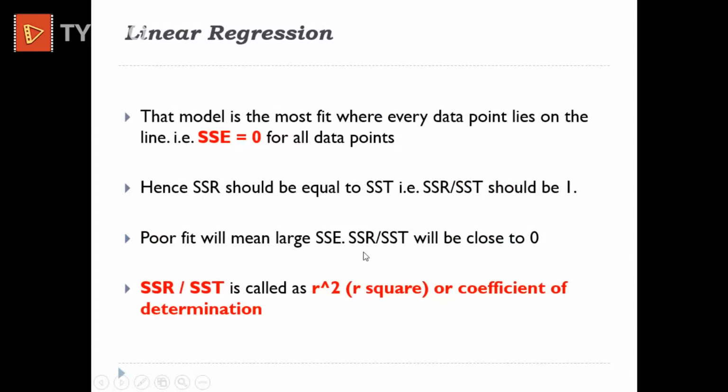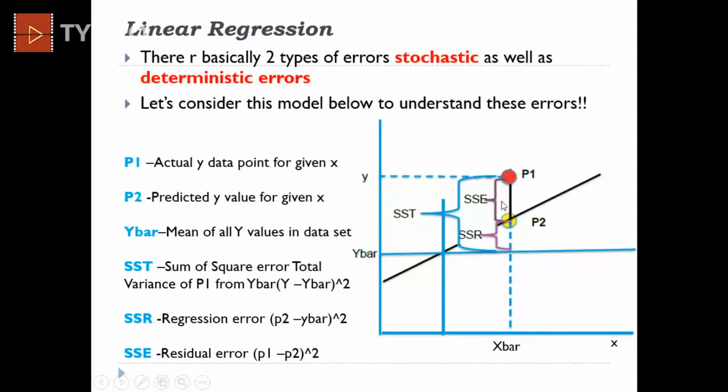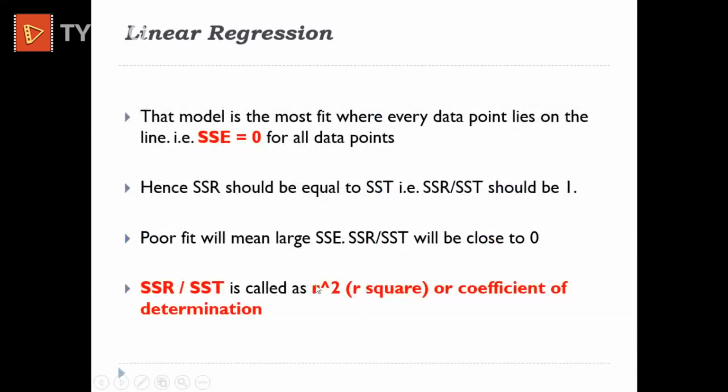And poor fit, in contrast to that, will mean that SSE would be large. That means that if the difference between the actual and the predicted value is too large, then it would be a poor fit model for our data set, which means that SSR, the regression errors, over the sum of squared total errors would get equal to 0, and the residual errors would be very large, or close to 1. So this regression over sum of squared total errors is called R square,